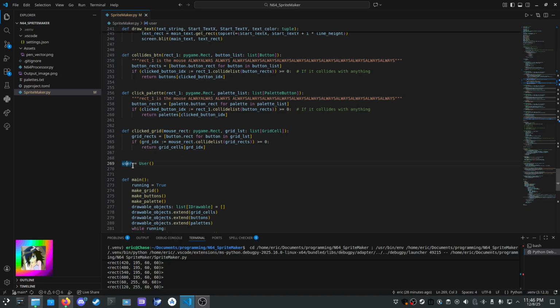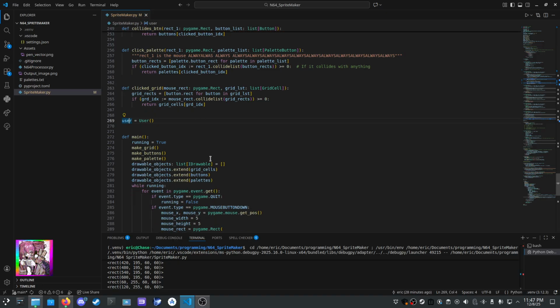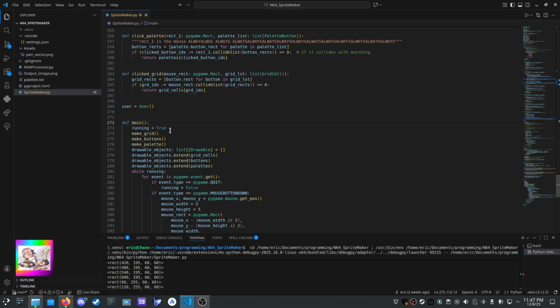We initialize the user class into a user object. This is our main. Everything above running will only run once every time main is called. We set running to true, we make the grid, we make the buttons, we make the palettes, and then we extend drawable objects, which is a list of iDrawables.